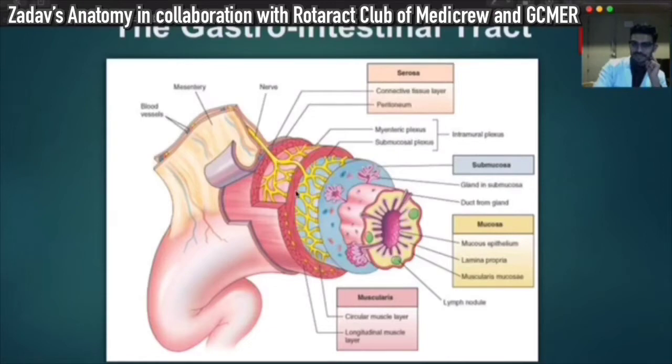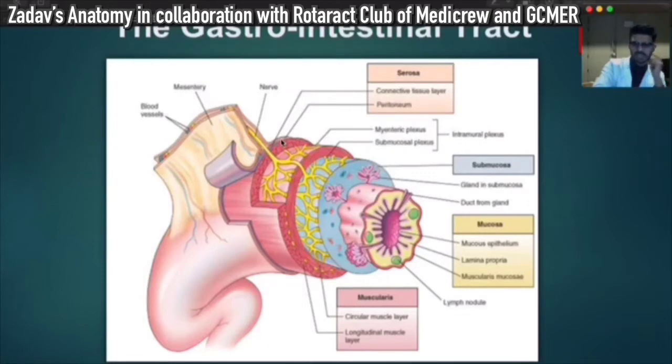The circular muscle coat, at certain regions such as the pylorus, forms a thickening to form the pyloric sphincter, and the longitudinal muscle coat essentially helps in the transmission of the wave of peristalsis. In certain regions like the large intestine, it undergoes modifications to form the taenia coli. And finally, you've got the last layer, that is the serosa. If it is an organ to which the visceral peritoneum is attached, then you have a mesothelial lining. Otherwise, if it's a bare area where there is no peritoneum, it's just going to be a connective tissue layer